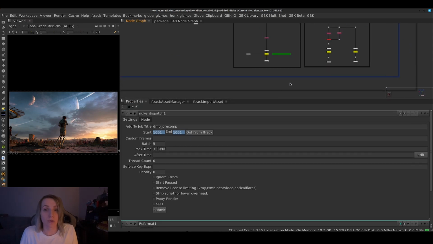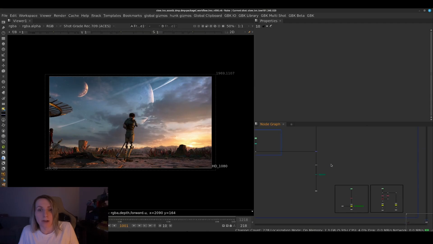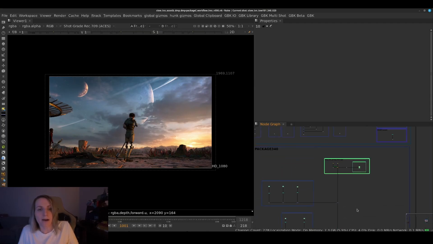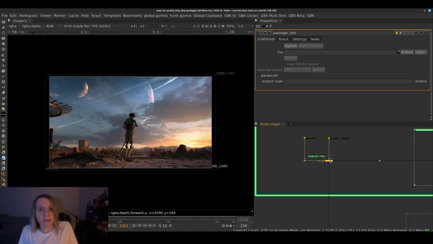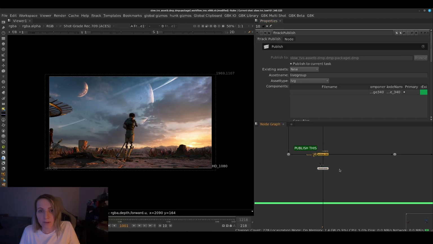When the shot is approved, now is the time when you need to pass the MP element on to the compositing department. So when it's approved, you can now go simply into the live group. And when you double click it, to publish this data, you can publish it by hitting this publish button. So if I hit it, it creates this ftrack publish node, and all you need to check in this one mainly is that you're